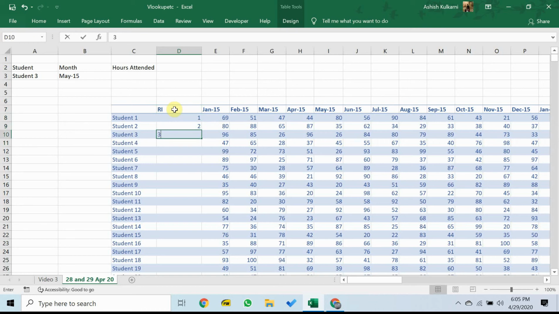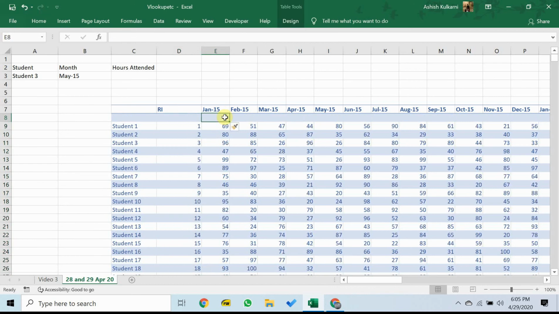I'll enter 1, 2, 3 and autofill this series. And also I'll insert a row over here. I'll call this CI to mean column index and give this also an index 1, 2, 3.